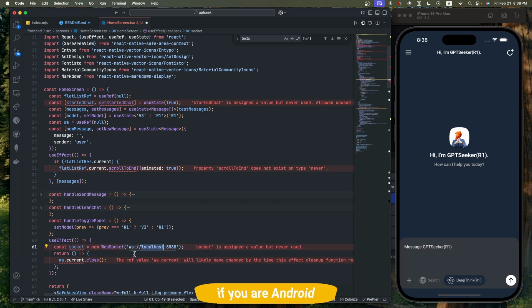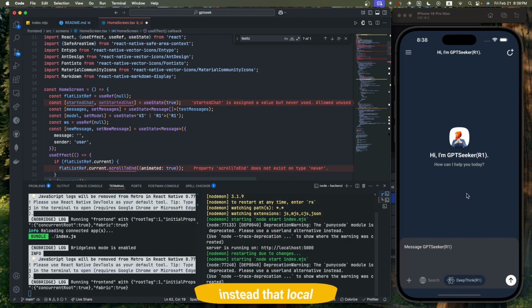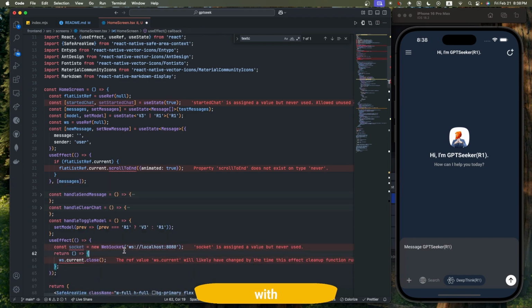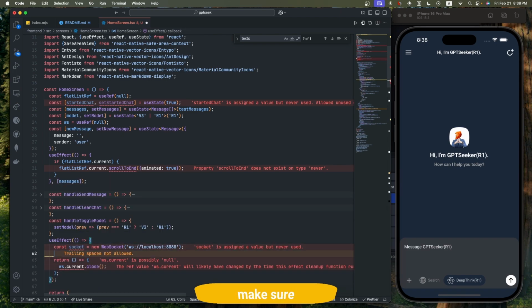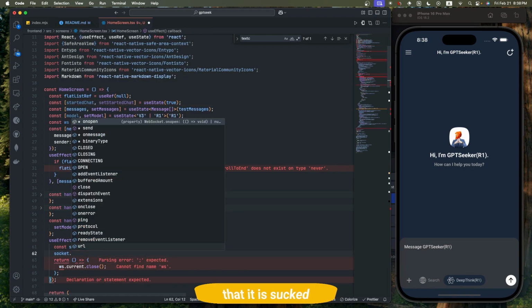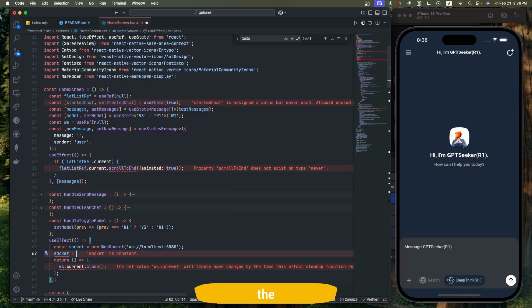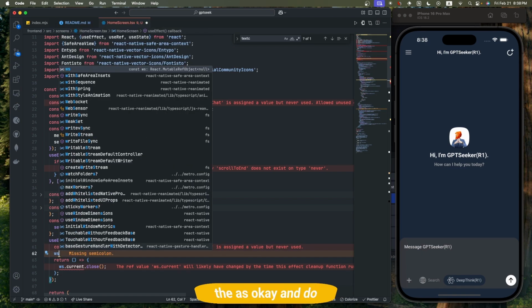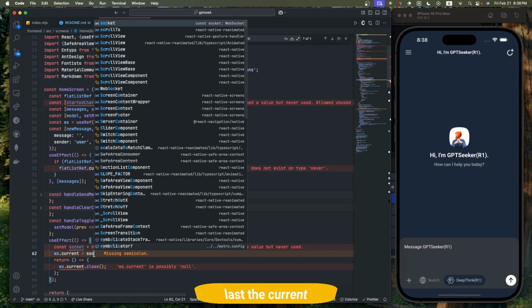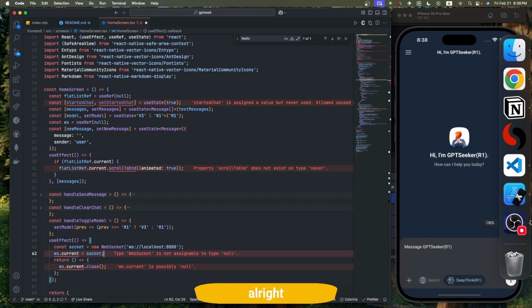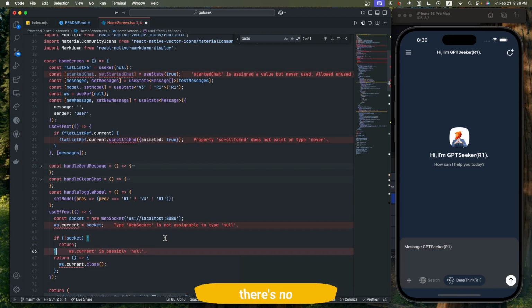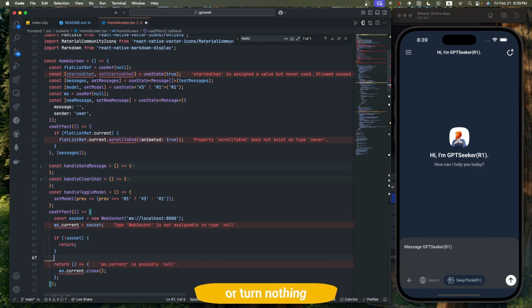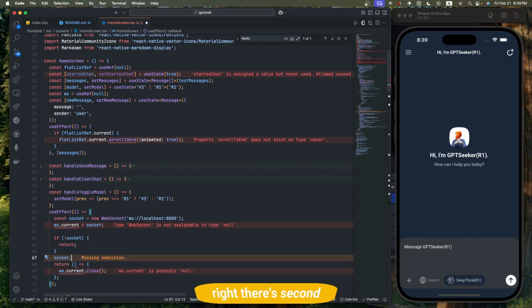If you are on Android, you can do it over the internet; the device IP is going to work instead of localhost. Because on iPhone this works with localhost, but on Android it works with the IP instead. Make sure you do that. Then ws.current equals socket. All right. If there's no socket, return nothing. If there's a socket that's unopened,